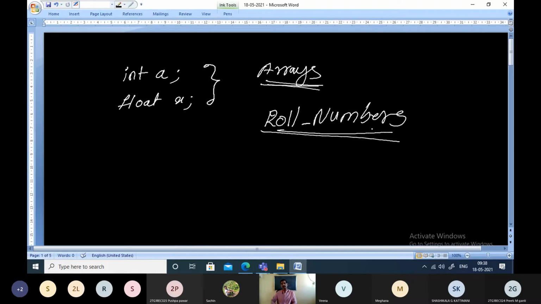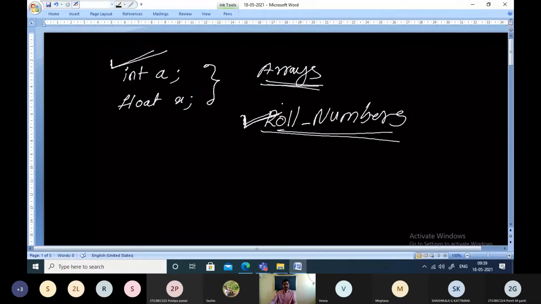So roll numbers is an array which is going to hold the roll numbers of all the students in a classroom. The difference between a normal variable and an array variable is that a normal variable can hold only one element of the specified type, whereas an array can hold more than one element of that type.